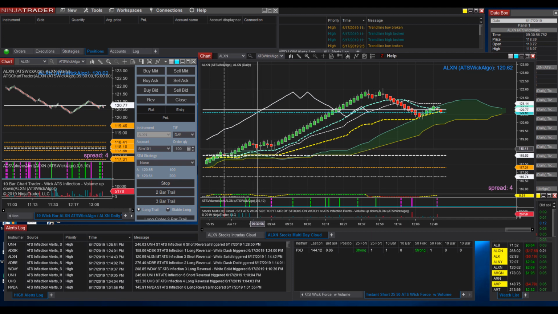Also, it's still above the blue dotted line, which represents this cloud out to the right. So it's still a bullish chart. It's just consolidating and chopping in this early morning time frame. So as you're watching this stock create all these wicky bars, that's another case. If you placed a long trail,